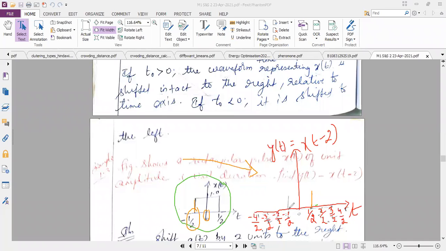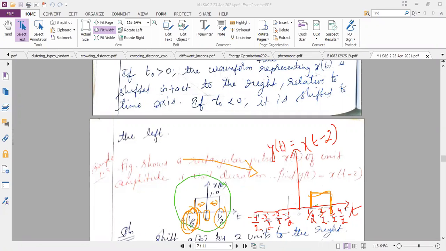See, minus 1 by 2 to 0 is one shift and 0 to 1 by 2 is another shift. So the edge of the signal which was at minus 1 by 2 is now at plus 1 by 2. If you find one edge, you can automatically complete the diagram, because the other edge follows with the same steps. You just have to maintain the same structure. So the graph is now between 1 by 2 and plus 3 by 2. If you shift one edge, you can complete the diagram.